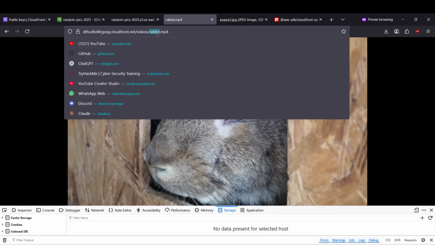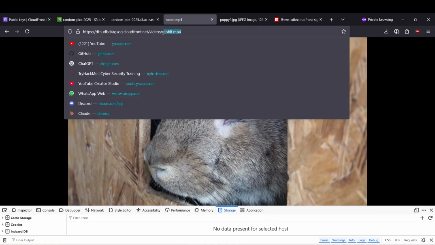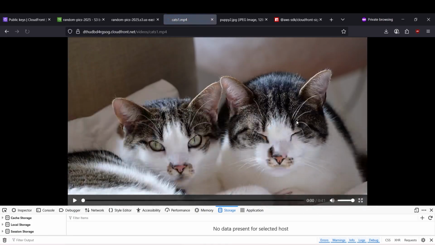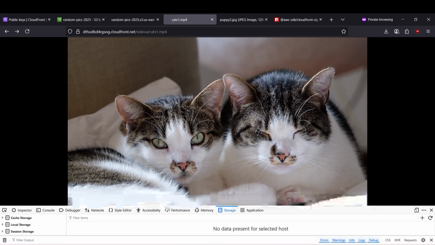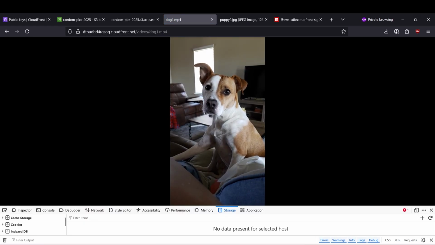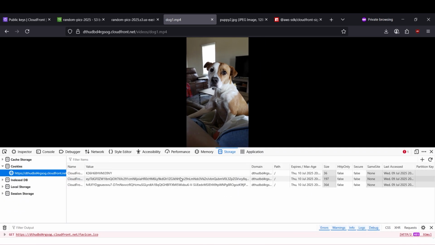It means that we can also access any videos inside the folder, like cats one, any one. Just copy the name. See, we don't require a pre-signed URL for everything. So this is all happening because we have a cookie that we have created by ourselves, and we have added